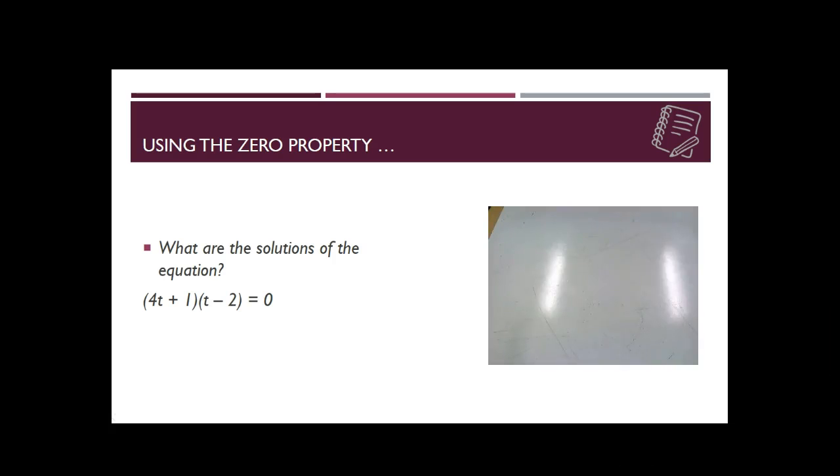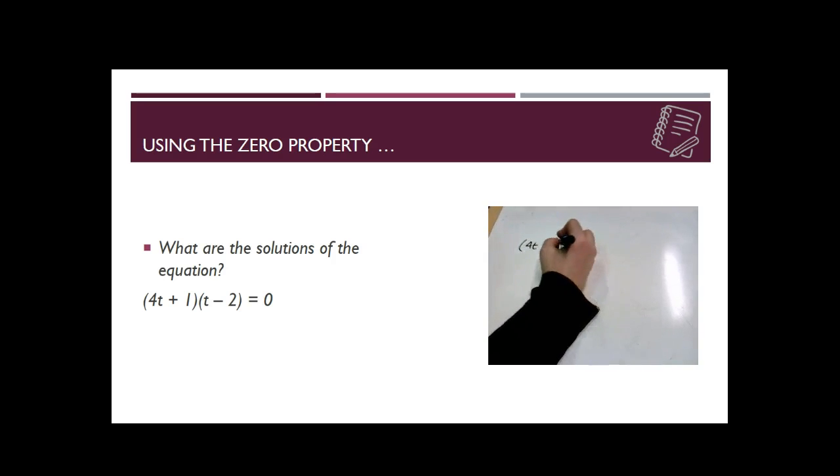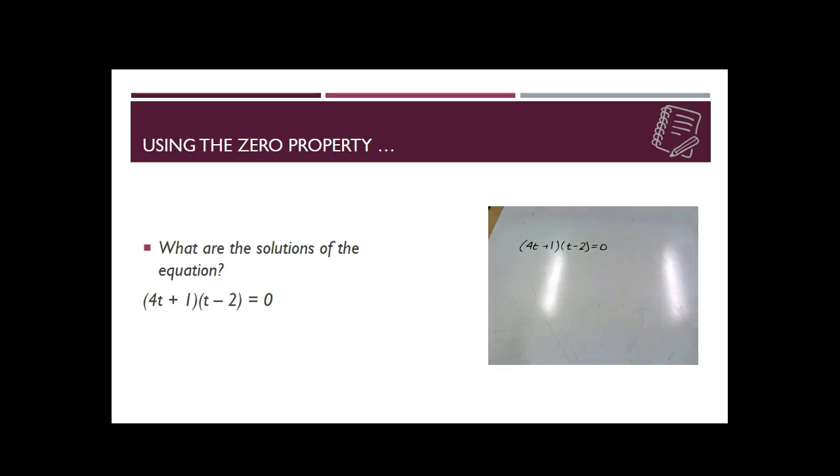Now you'll notice looking here that it gives us the problem. It tells us that 4t plus 1 times the quantity t minus 2 equals 0. Well, I know that one of those two has to equal 0. Otherwise, I won't get 0 as an answer. So either 4t plus 1 or t minus 2 needs to equal 0. I lovingly call this a split. We know that one of them has to equal 0. So we can say that either 4t plus 1 equals 0,